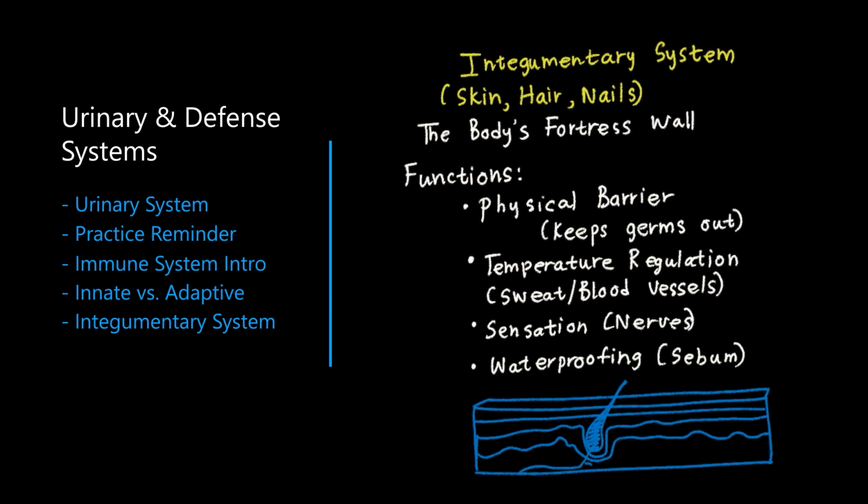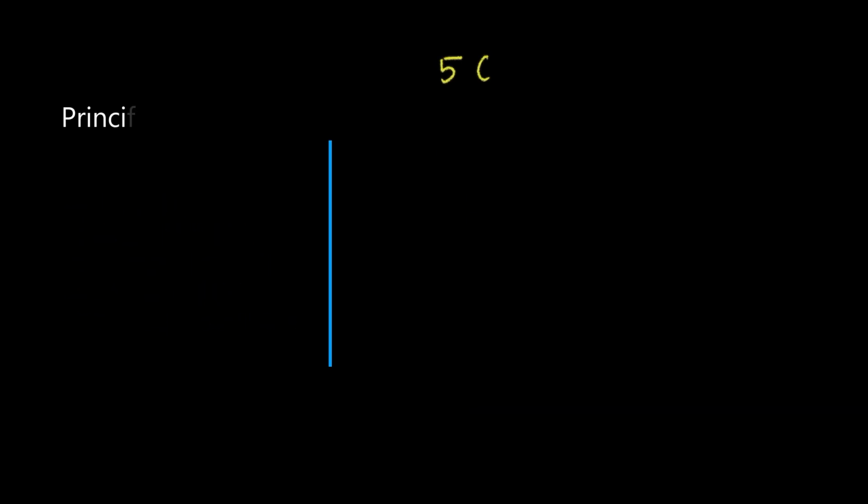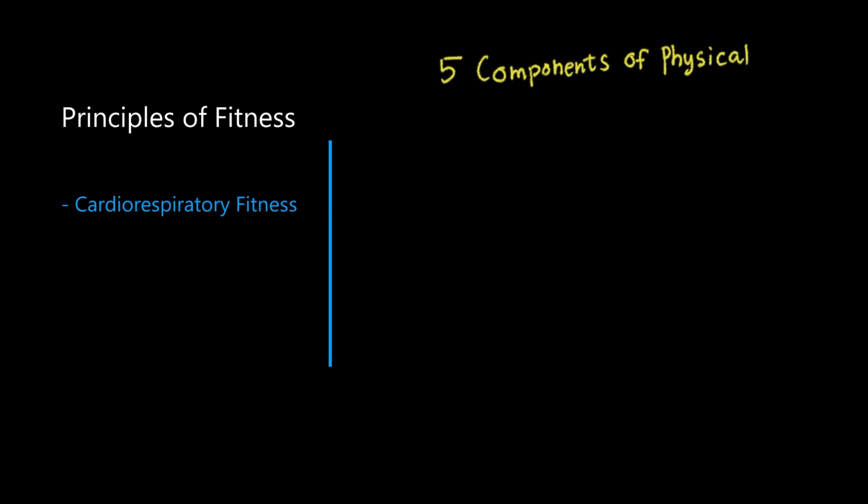Hair provides insulation and protection, while nails made of a hard protein called keratin protect the sensitive tips of your fingers and toes. So you can think of the integumentary system as the fortress walls and the immune system as the army inside. Let's shift gears from body structure and function to the principles of maintaining it: health, wellness,